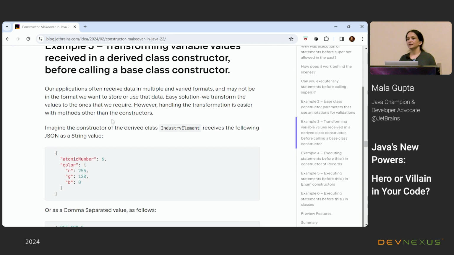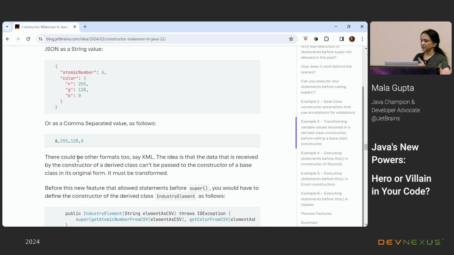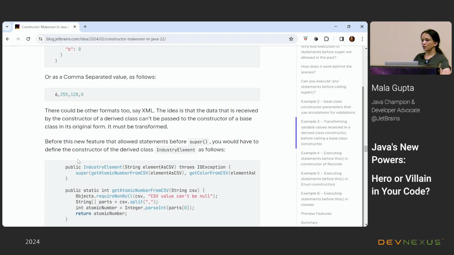We might accept data, the data that comes to any class could be in a format that we don't want to pass to a superclass. So the data needs to be transformed. Let's say the data that comes to my derived class is in the form of JSON, or that could be a CSV value. But what I want to pass to a base class constructor could be a completely different format, let's say XML data.